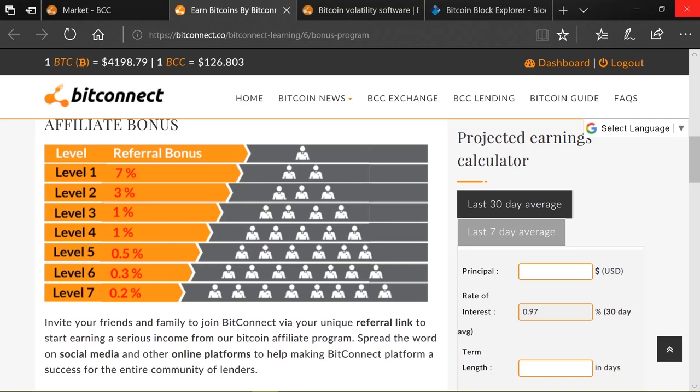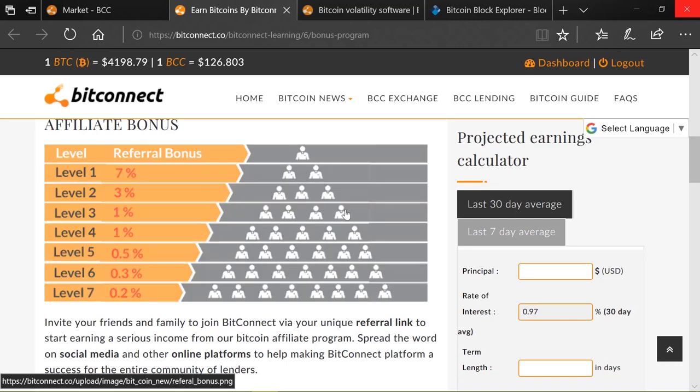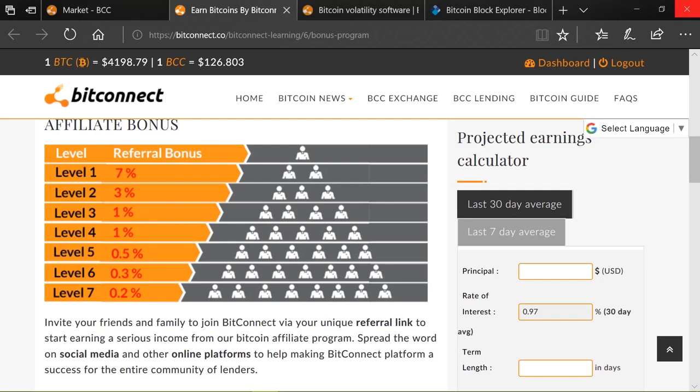Every time I make a reinvest, you will get 7% of everything I put in, even on daily reinvest. So say you put in $1,000, you will get $70 straight away, just for moving it in there. Then say I get $10 on day one, and then reinvest that $10 to get my compounding going. On that $10, on day two, you will then get 70 cents. So you get that on everyone who is in a level below you, who is your direct referee. So as a sponsor, you get 7%. Everyone under that, so everyone under that person, if they refer someone, you at the top of the chain also get 3%.